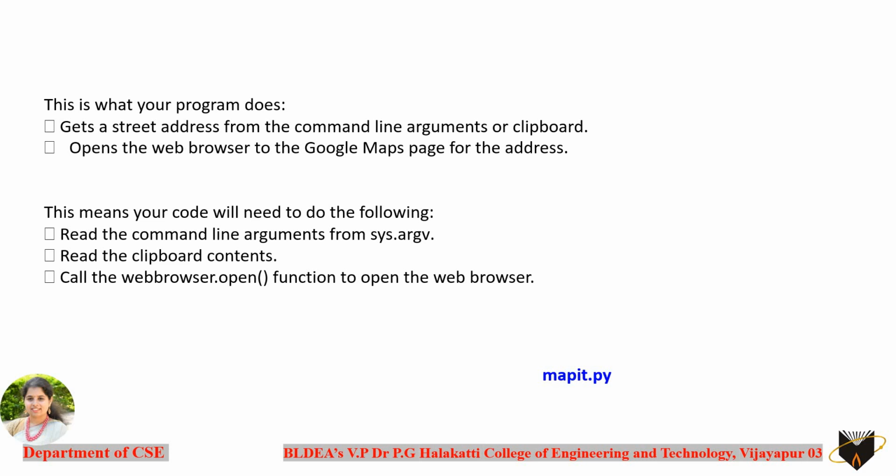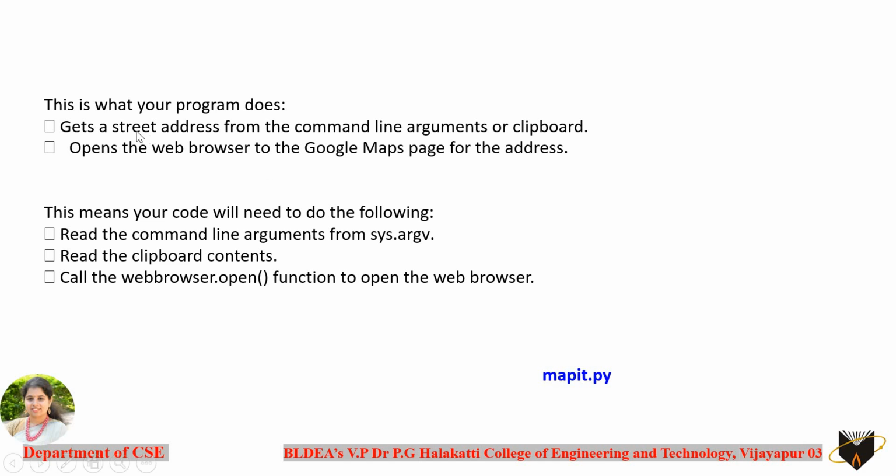So the intention over here is, suppose we have copied some address and we want to open that address directly in the Google map. What is the genuine process that you require for doing this? First you need to type the Google map in the browser, and then once the Google map has been opened, you type or paste the address in the destination, and then it is going to locate the particular location on that Google map. So all these things can be reduced if you write it in a Python program. So let's see how it has been done here.